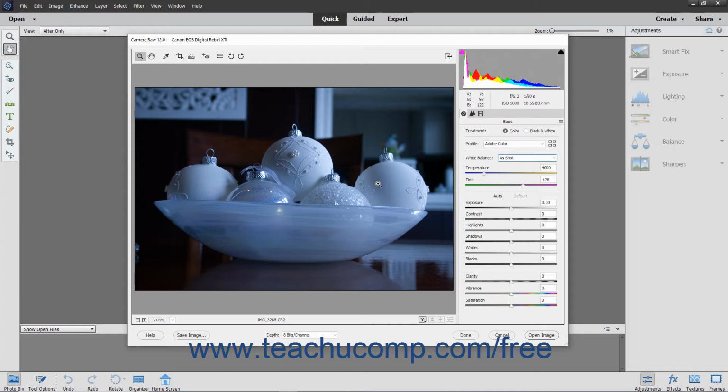The easiest way to automatically adjust the white balance is to use the White Balance tool in the Tools bar at the top of the Camera Raw dialog box. To use this tool, click the White Balance tool button to change your mouse pointer into the White Balance tool. Then find a neutral gray area in the image. If a neutral gray is not available, you can also find a white area. However, make sure that the white area selected is not specular white. That means you should try to select a white object versus a source of white that is from light or a reflection of light. After finding the gray or white area, click it with your mouse pointer to automatically correct